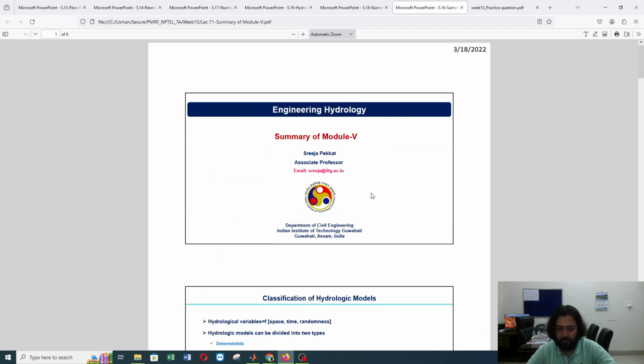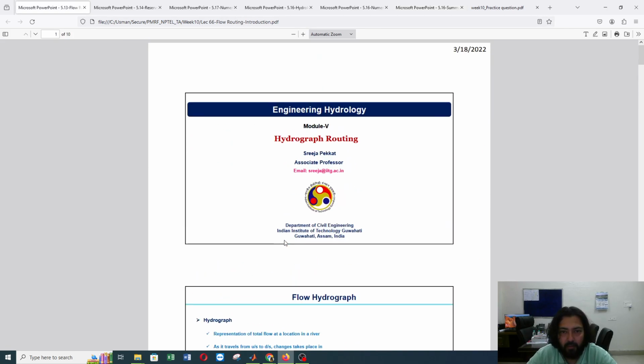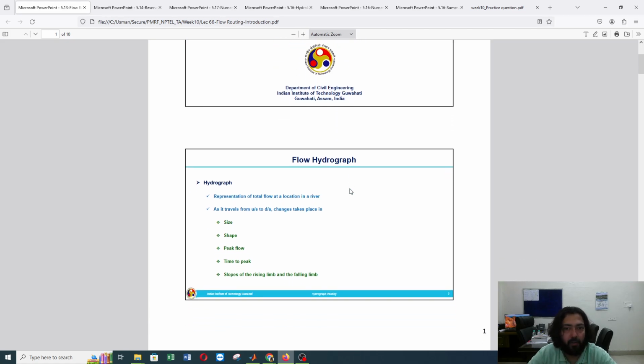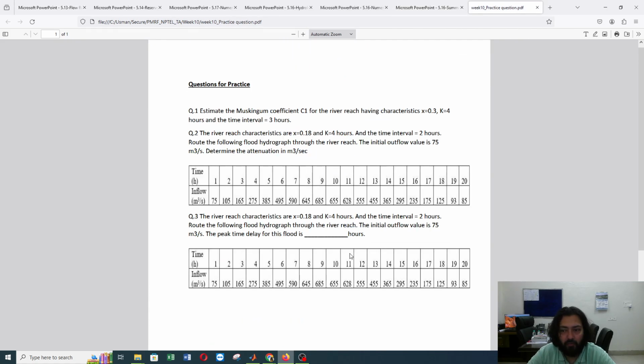This week's session was very small, we only had to cover a few topics. We started with the module topic, hydrologic routing, where we divided the topic into two types of routing, that is hydrologic and hydraulic routing. And we looked in detail at hydrologic routing, that is reservoir routing, as well as channel routing or river routing, right? Then we have seen the numericals based on modified Puls, that is for reservoir, and channel routing, that is by using the Muskingum method. And then we have also summarized the entire module 5. So I think this is all for this week's session.